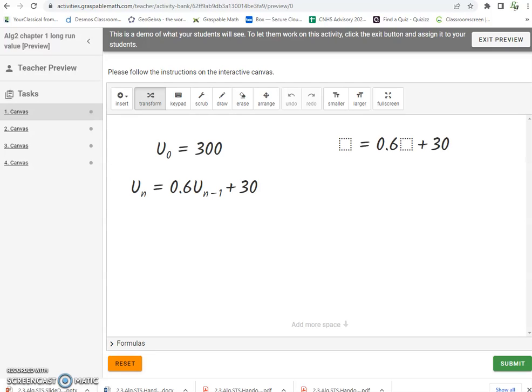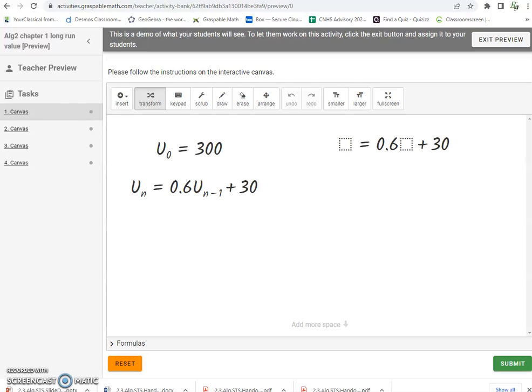So in this activity, hopefully you've been able to log into Graspable Math using your BCSC username and password. This program is called Graspable Math. It's written by a couple of professors from IU. The purpose of this activity is to provide you an opportunity to understand how to algebraically come up with a